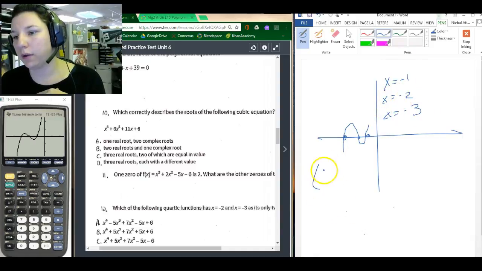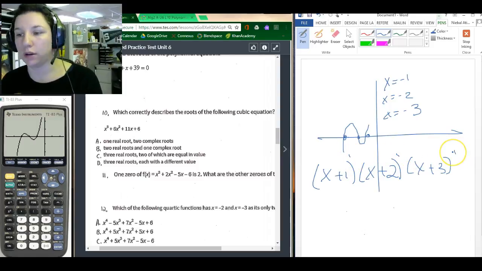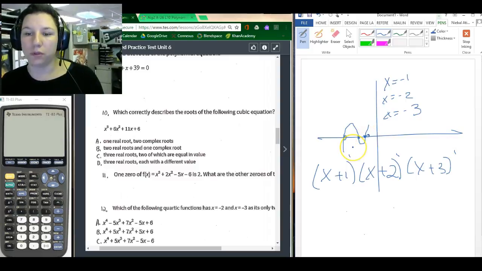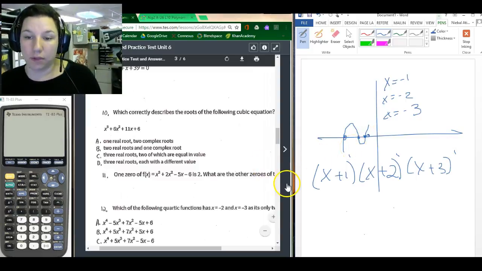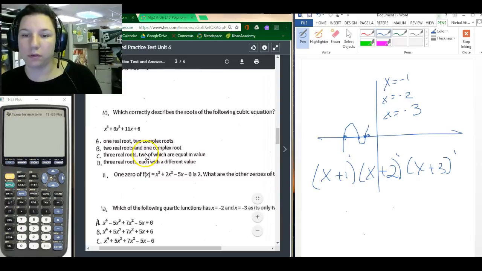So what it would look like in the equation would be x plus 1, x plus 2, x plus 3, and each of those has a multiplicity of 1. None of them are repeated. So there's your 1, 2, 3 real roots. Each of those roots has a different value. It means none of them are repeats. They all have a multiplicity of